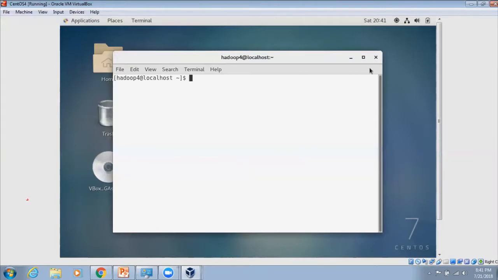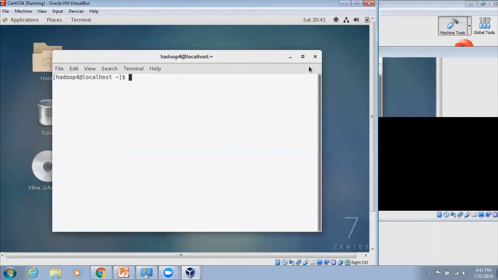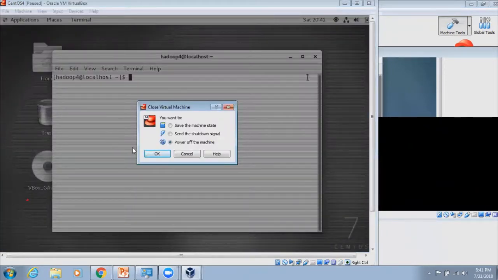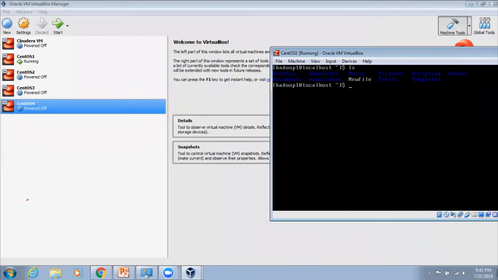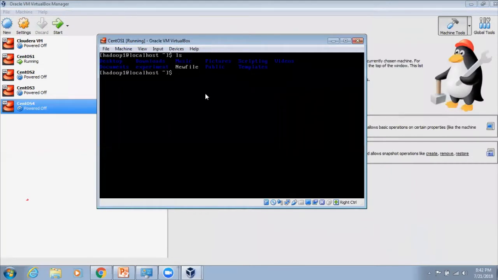Okay. So we'll just close this particular thing. So hope you're clear with the difference between minimal and GUI. So I have switched off this machine. Okay. Now coming to this particular thing. So I recommend you guys to install the minimal version of CentOS. Okay. So we'll get into some basics of